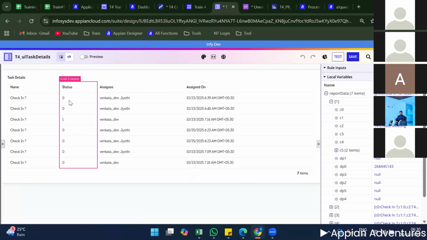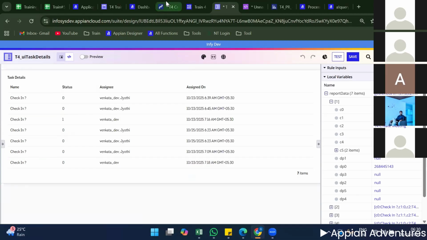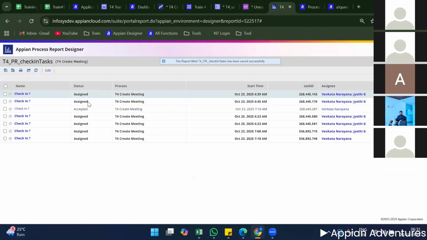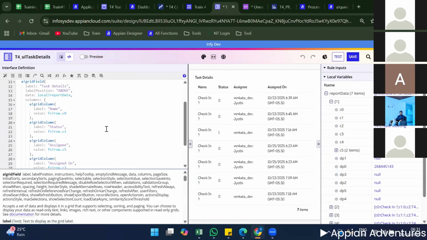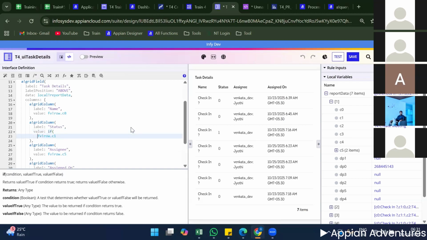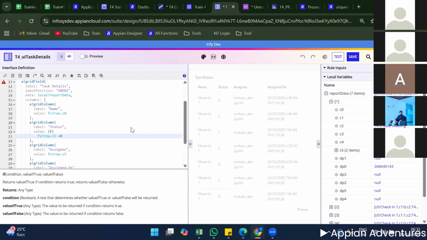Here you can see status shows 0, 0, 1, 0, right? Now let's see what 0 indicates. We have to change this as well, guys, for the user. 0 indicates the assigned status and 1 indicates accepted. So based on that, in the status column I will add the labels. If fv!row.C0 is equal to 0, that means it should be assigned. Otherwise,